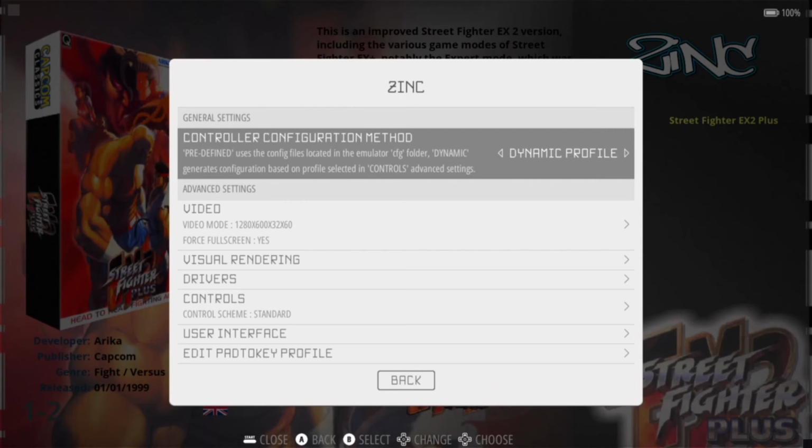Now the problem I find with ZINC is that it runs really well, but you're going to have issues with your controller. The ZINC front end itself that we downloaded is known to have some issues with controls on particular games. There is a way around this, but to be honest, I think the second method of playing ZINC games is worth it. But anyway, inside this menu, if you do want to take your chances on setting up a controller for the ZINC emulator,